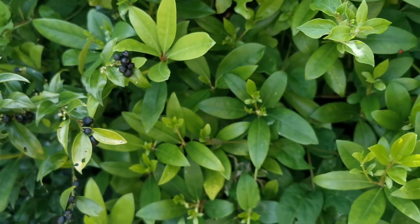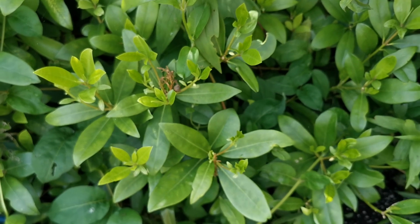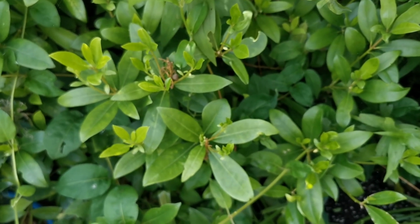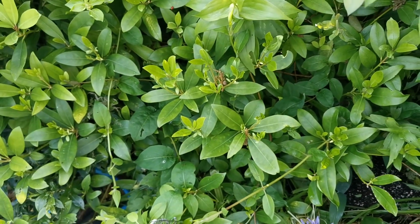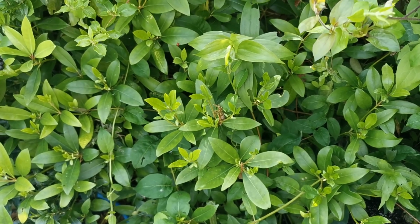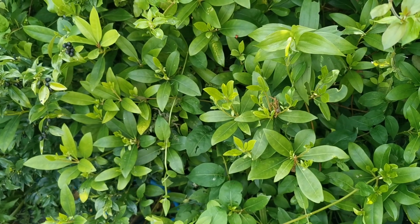And well, next to my Sarcococca you have Skimmias that also have a very nice fragrance, very nice citrus fragrance, and are also evergreen. So for the shade areas, if you need flowers that bloom between winter and early spring, Sarcococcas and Skimmias are very good for shady places, moist, and like Rhododendron luteum and